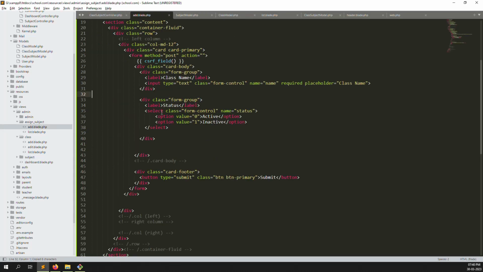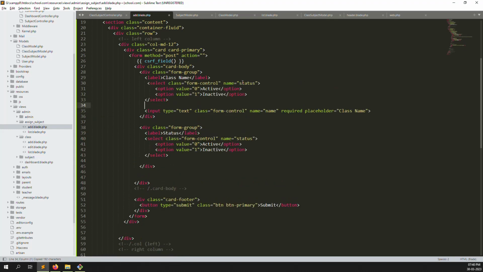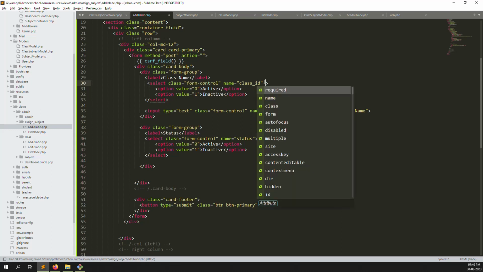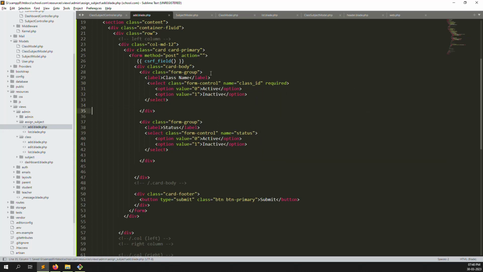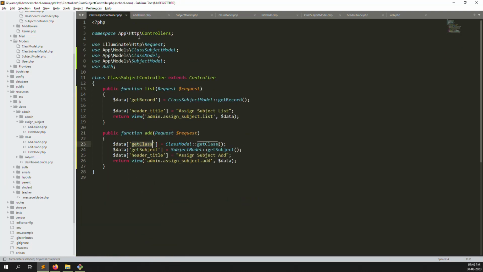So go to adds.blade.php inside assign subjects, and just copy these lines and put them here, and put the class ID here, and also make it required, and just remove this one, we don't need it anymore, and select class. Here make class name, okay, good, no issue. Now we can make a drop down here for class name. So I copy this variable name